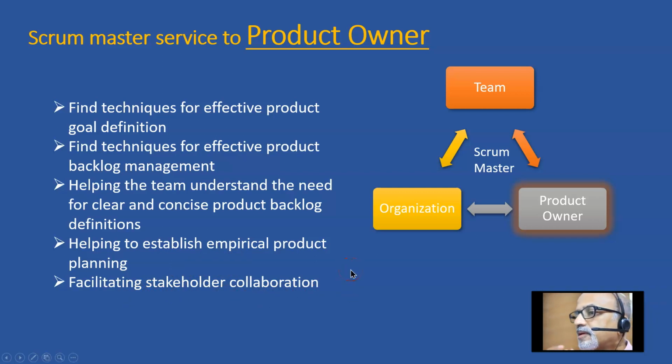Very often, the product owners can be non-technical. Their functional knowledge can be excellent, but when it comes to technology and tools, they need not be very strong. In those scenarios, the Scrum Master should work along with the product owner to make things happen, to prioritize features, to sequence them. There is a major role. There is a great synergy between the Scrum Master and the product owner.